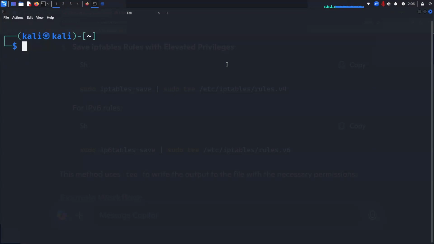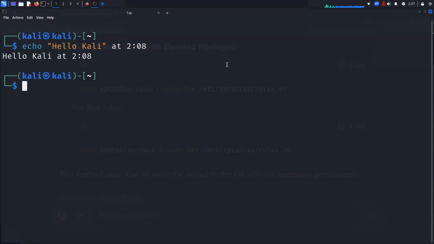So what I'll do is I will actually run this little command right here. We'll just do echo hello Callie, and then we will do it at, so this is actually how it works, and then I can do, what is it? My current time is 2:07, so we'll do 2:08, and then we'll just press enter. Oh, wait. Oh, you know what? I'm supposed to pipe it, so my bad. So we're going to do echo hello Callie, and then we're going to pipe it, and then we're going to do at